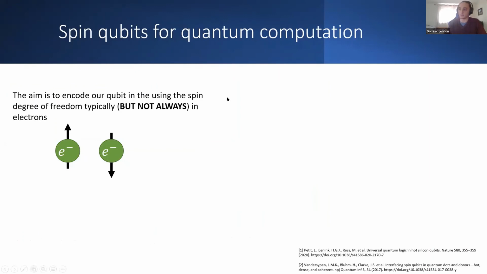And the idea in a spin qubit is simply to encode our qubit in the spin degree of freedom of an electron, or any particle with a spin. It does not have to be an electron. For example, it could be a hole instead. And this is quite